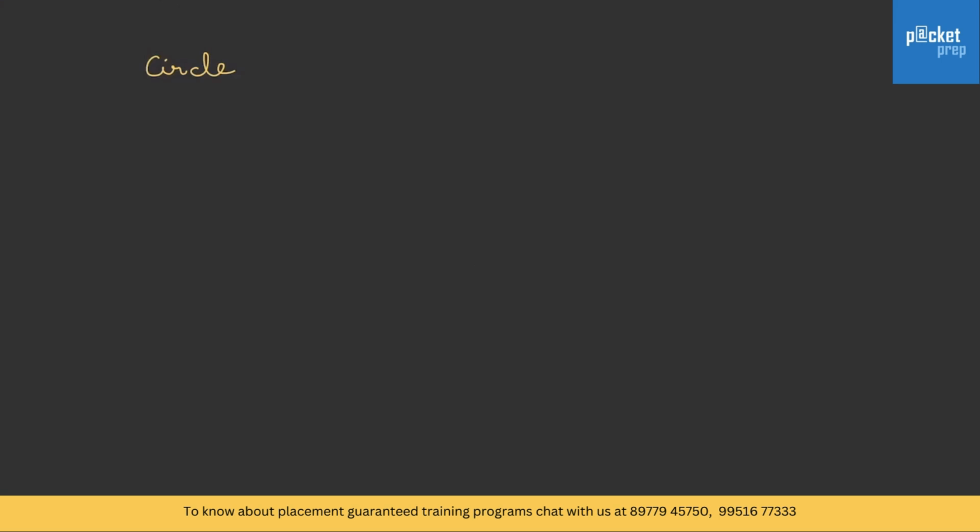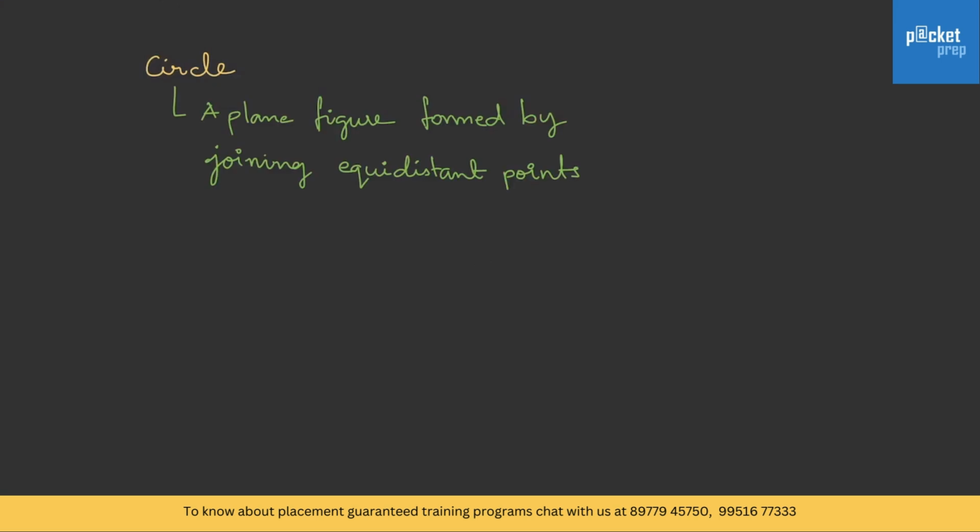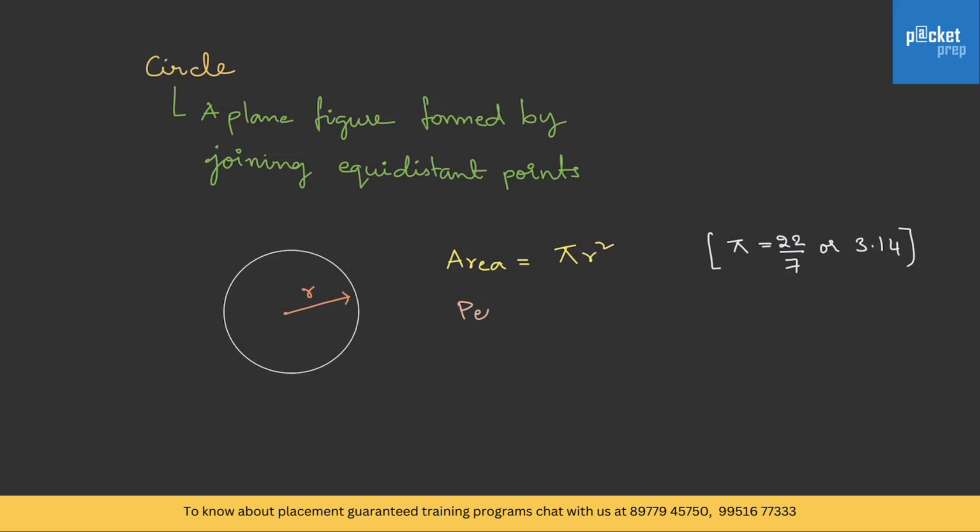Now let's get into the problems on circles. A circle is a plane figure formed by joining equidistant points. Here is a circle, and let this be the radius r. When we know the radius, we can find the area and perimeter. Area is given by pi r square, where pi is 22 by 7 or 3.14, and the perimeter is